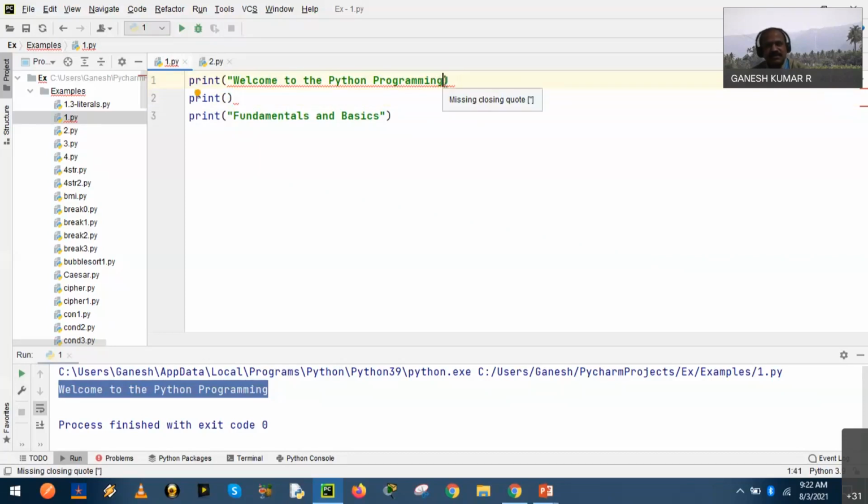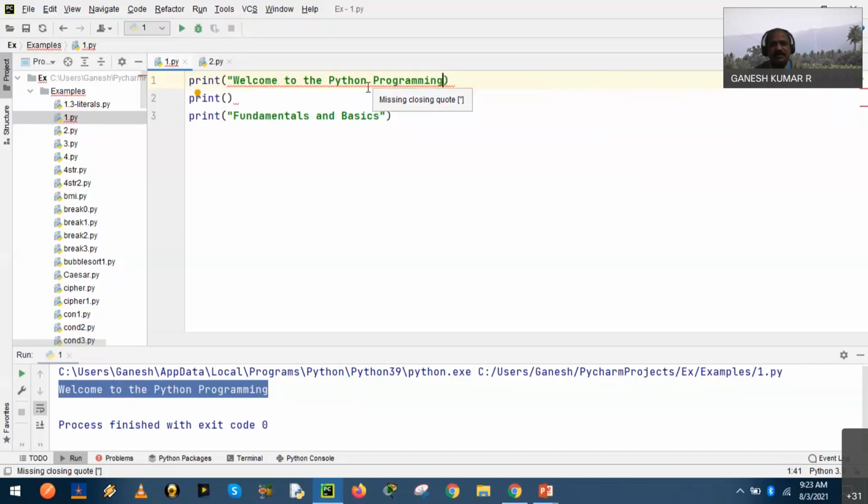Whereas in conventional C, C++, and Java, we can type the program, but the errors could be found only when it is executed, isn't it? After compilation, we'll be knowing the errors, 5 errors, 10 errors. So while typing, we will not be knowing. If you are good in programming, that's different. The errors are highlighted after it is executed.